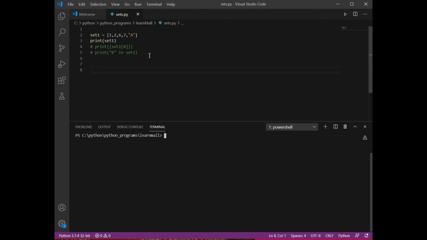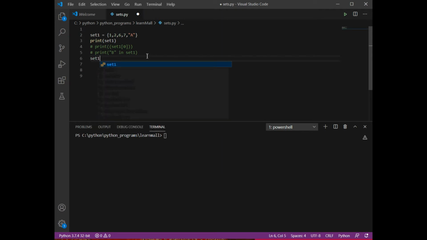Now we are going to discuss the insertion, updation and deletion operation of a set. First of all, I'm going to discuss the update operation. We cannot perform updation operation on our sets. Why? Because the elements are not stored at one specific location. So I cannot perform updation, but yes, I can perform addition. How can I do that? I'm going to do that with the help of add.